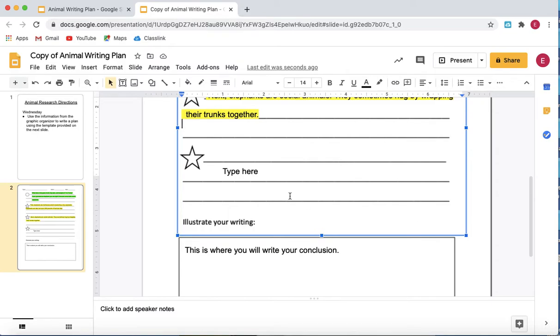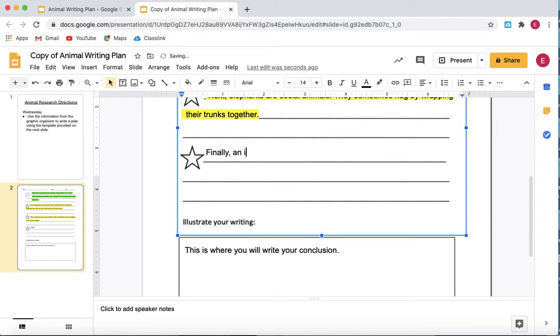So I'm going to put, finally, it is interesting. No, let's see. Sometimes you got to think about what you want to say in your sentences. I'm going to say